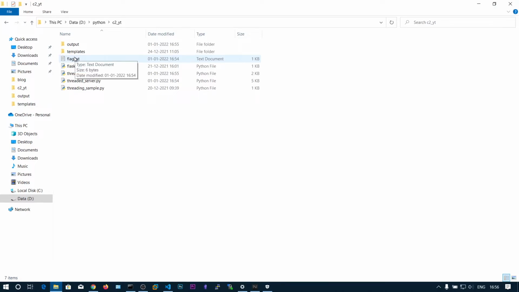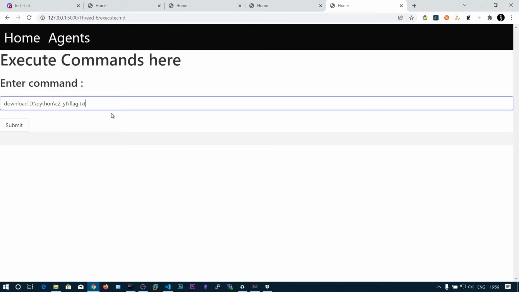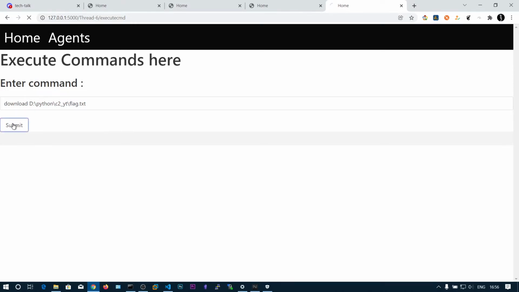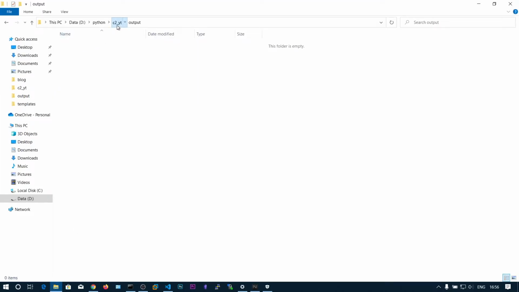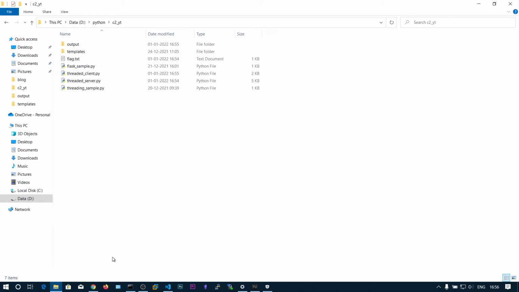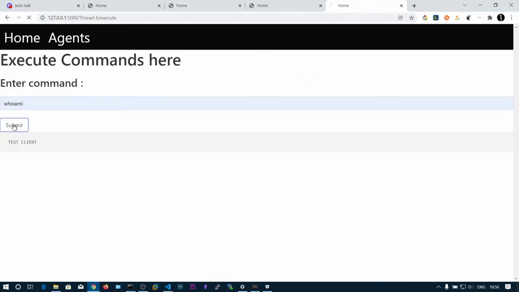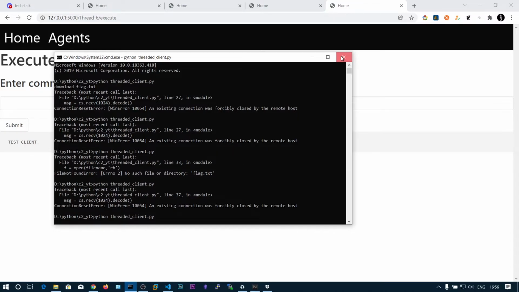You can also press shift and right click on this, and you can see copy as path. Okay, don't include the quotations. I got the errors. Now submit this, and we got some error.